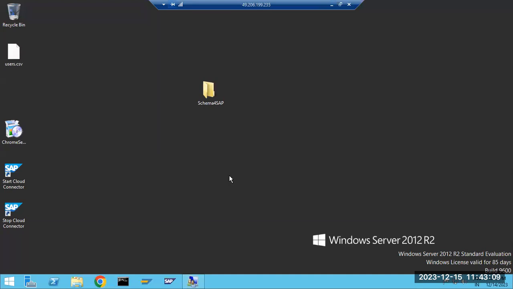Once SAP is installed, what are the next steps we have to do? I will discuss that tomorrow. That is the next step plan. So what you have to do now is the installation. You have to prepare the